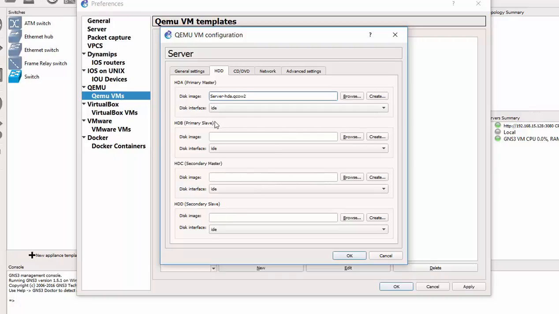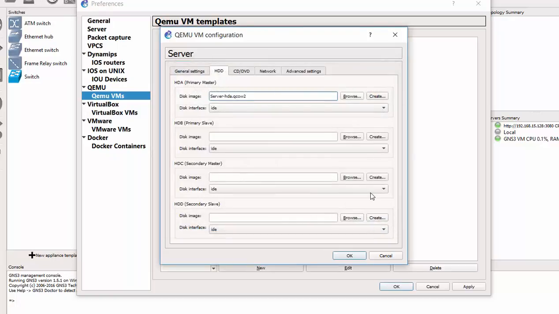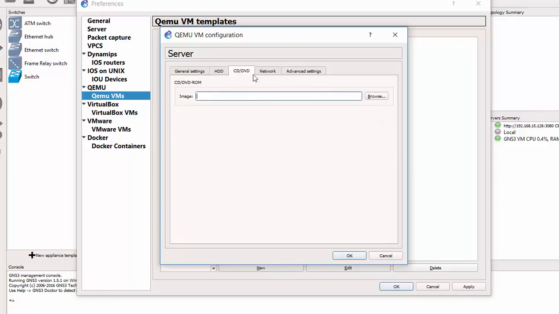So if I would like to install a second hard drive, I just have to click here and then do the process, click next, and then assign the disk space. But at this point of time, I'll press exit or cancel. Since I would like to install the server, I don't need multiple hard drives, so I'll leave that as default. On the CD DVD, I just need to browse to the